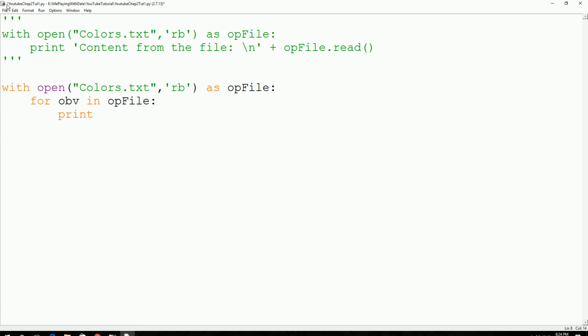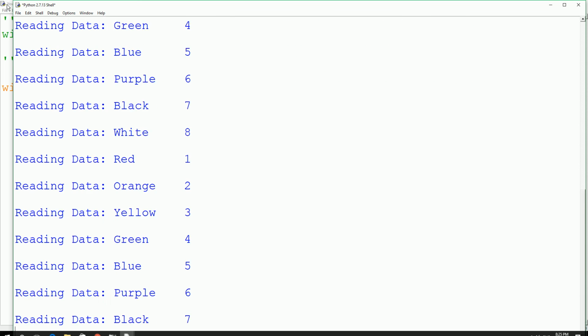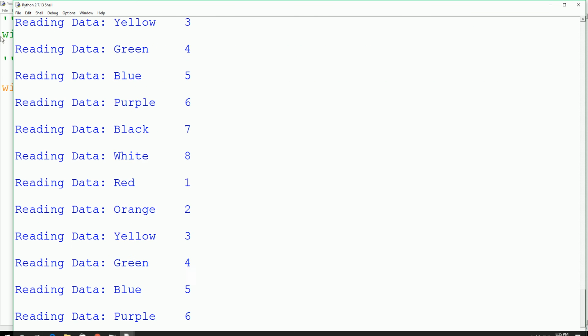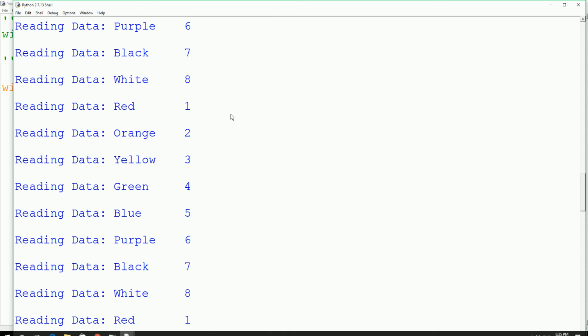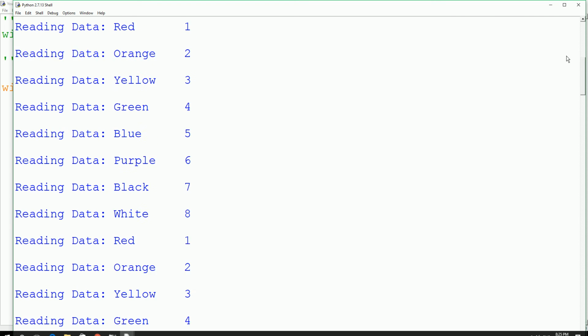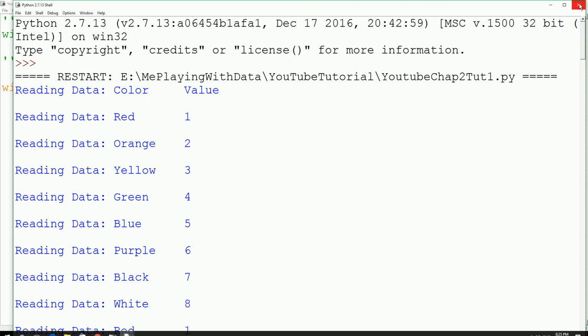Print, reading data, obv. Save, press F5, execute. It's just printed line by line. How do we know whether we have printed it line by line? You just